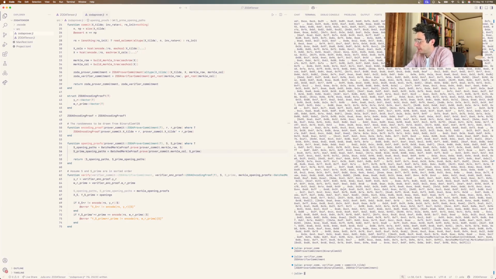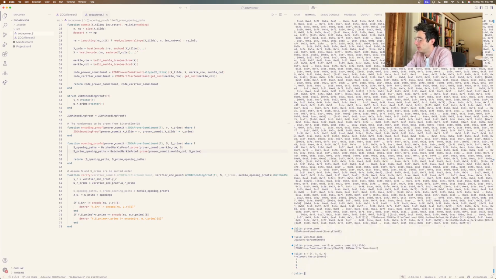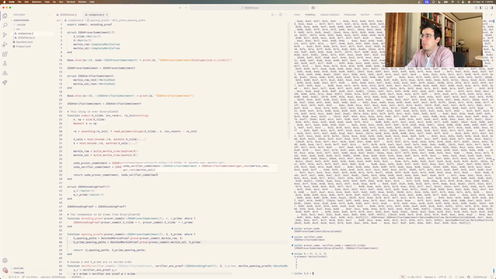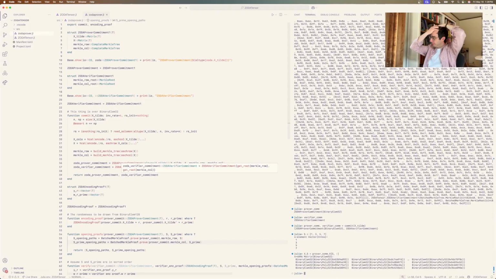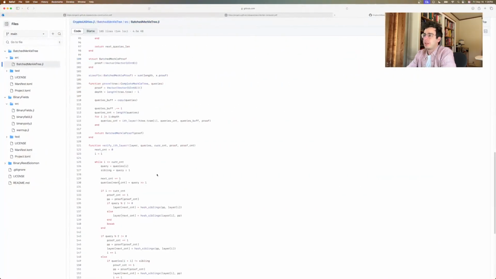Okay, let's see. So let's set S to 1, 3, 5, 7 or something. I would like to make x of S, what do we call this? Prover com.x s. So we're getting the S rows of the prover commitment, which is the big matrix that's already been encoded. We then need to prove that these are indeed in the Merkle row commitments. So it is going to be